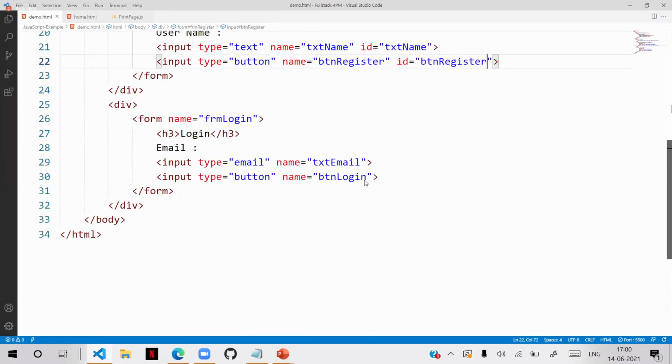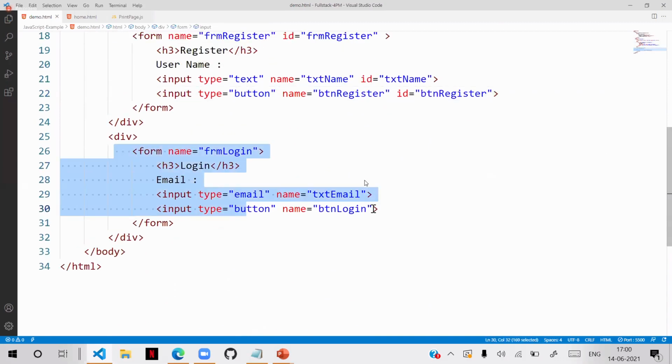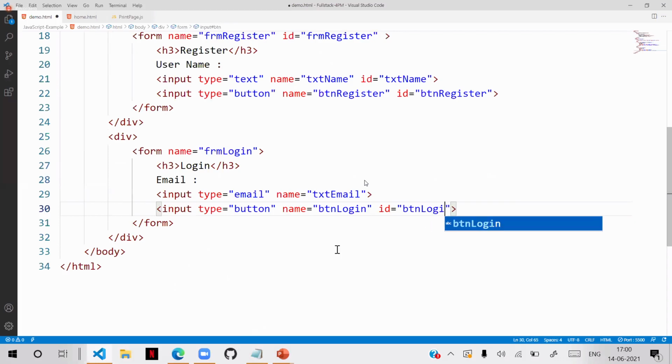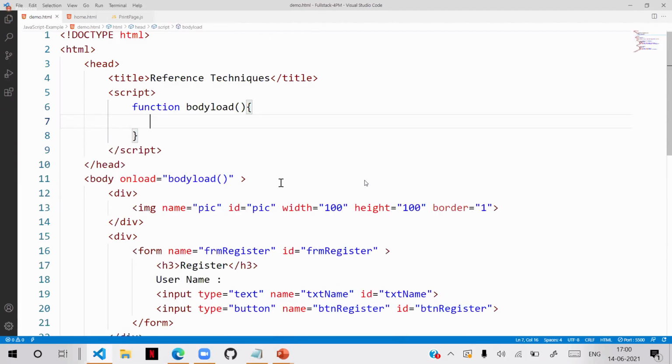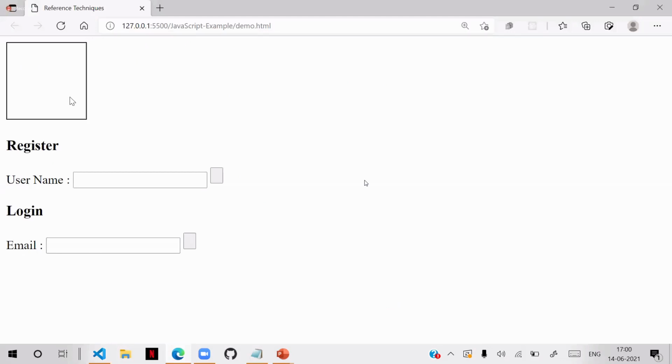The others don't have IDs. This button has an ID as btnLogin. Now I will remove this code. You see again, these are empty.